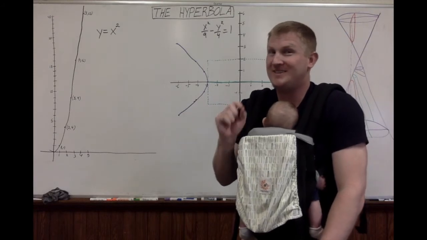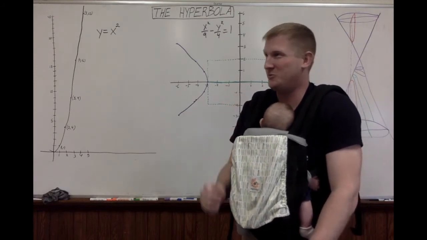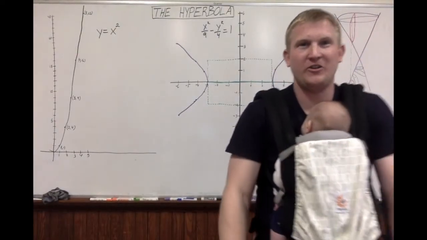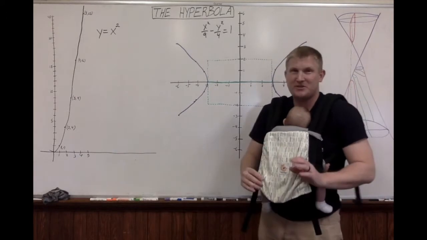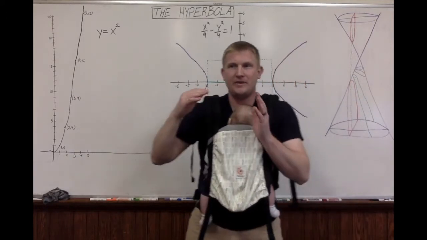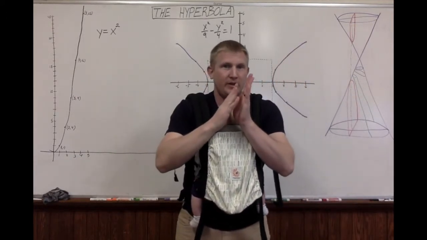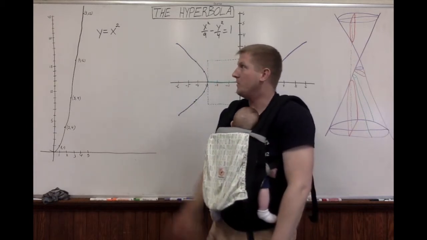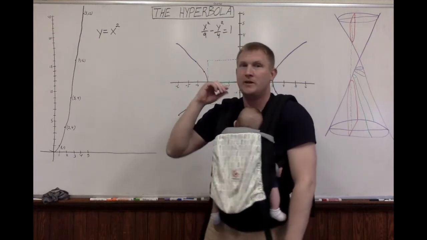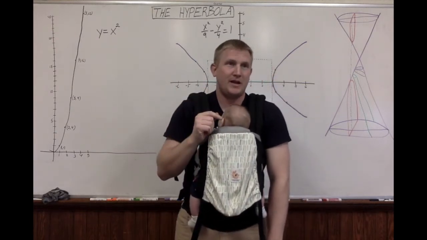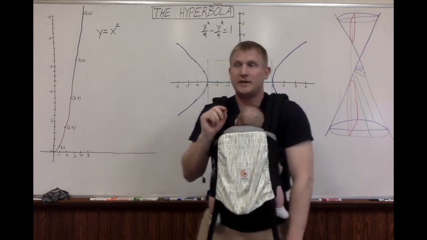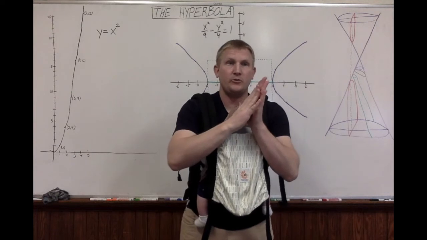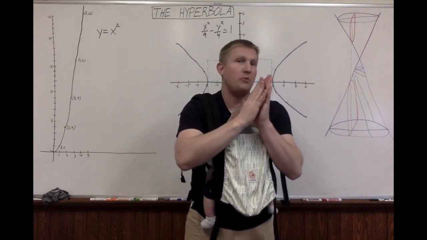because the hyperbola does not behave in that way. The hyperbola has what are called asymptotes. An asymptote is something that is approached and gets infinitely close to, but will never meet. So unlike the straight line of the parabola, there is a straight line, technically two straight lines, that the curves of the hyperbola are going to get infinitely close to, namely it's going to be convergent,